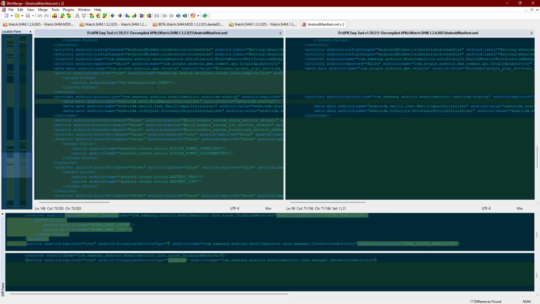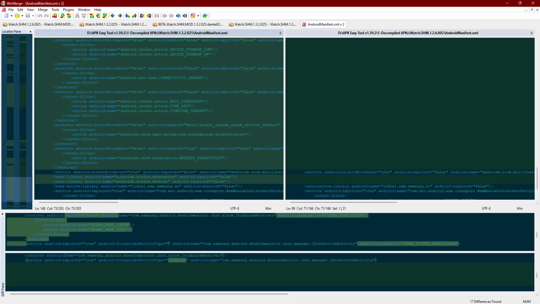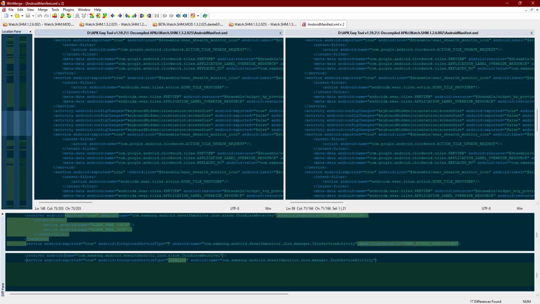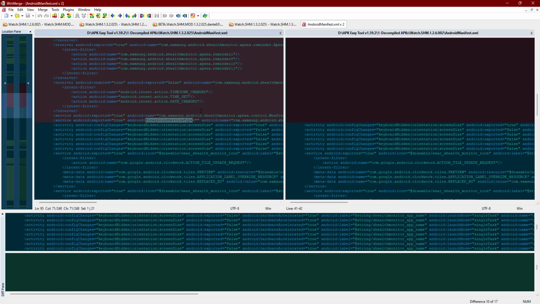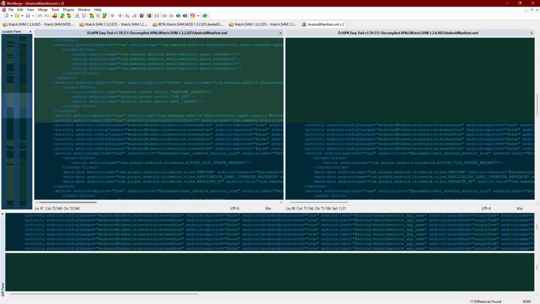So if I scroll a bit down and try to find apnea, if I can just find it without searching, that would be great, but I think I'll end up searching for apnea. Oh, there it is. Good. Foreground service type is unknown for the apnea service. The application would probably crash if I would try to run it without a foreground service type.